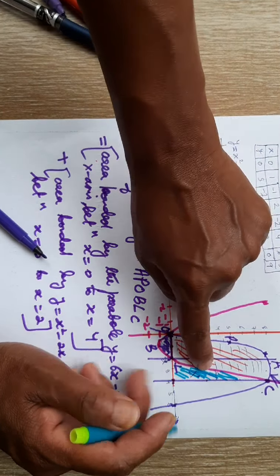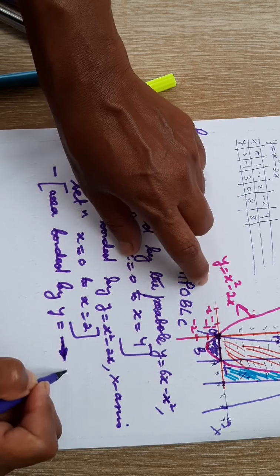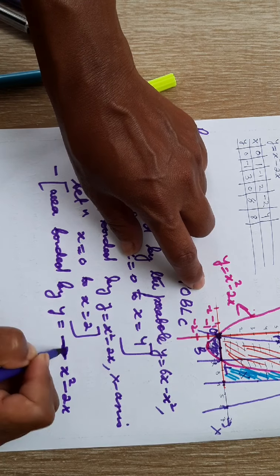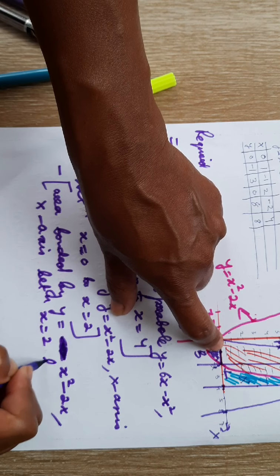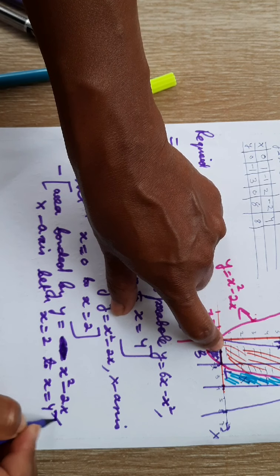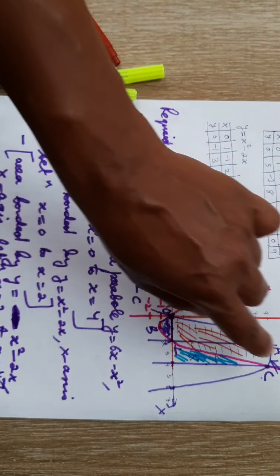So you can write now minus area bounded by y is equal to x square minus 2x, the x-axis between x is equal to 2 to x is equal to 4. So this is the required area